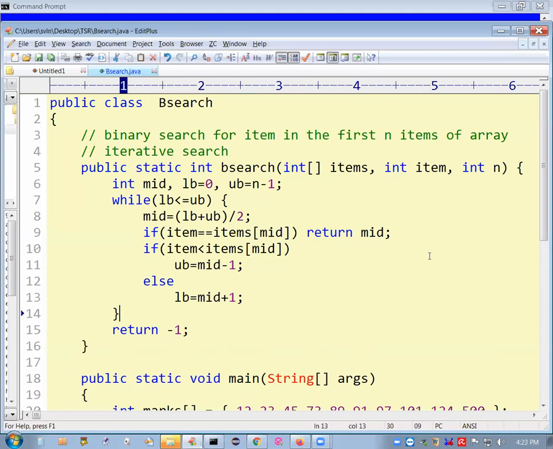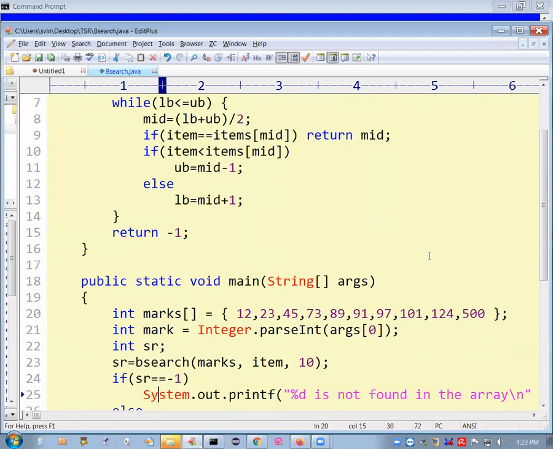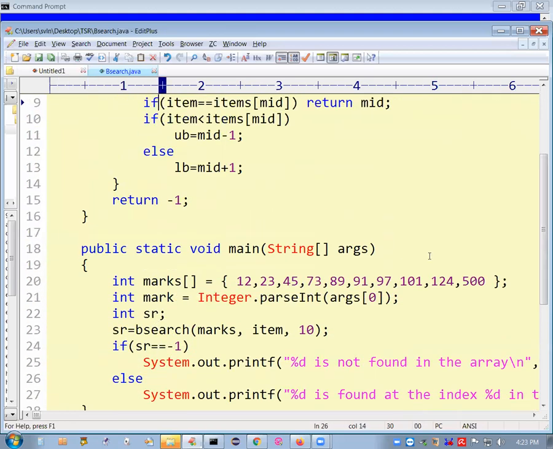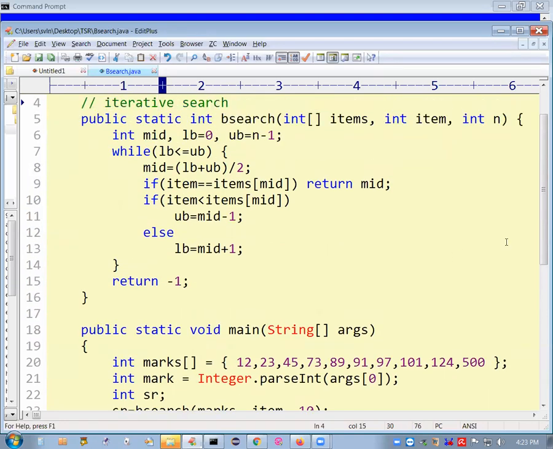Any questions then? So here, the main method is the same, no issue. The only logic that is changing here is the bsearch. Questions? Did you understand what we are actually talking about? Essentially, you are assuming now that your data is sorted. That's the reason why with one-to-one comparison, you are always comparing with the middle element, and then take a decision either to compare in the next half or in the first half. Is it clear now?